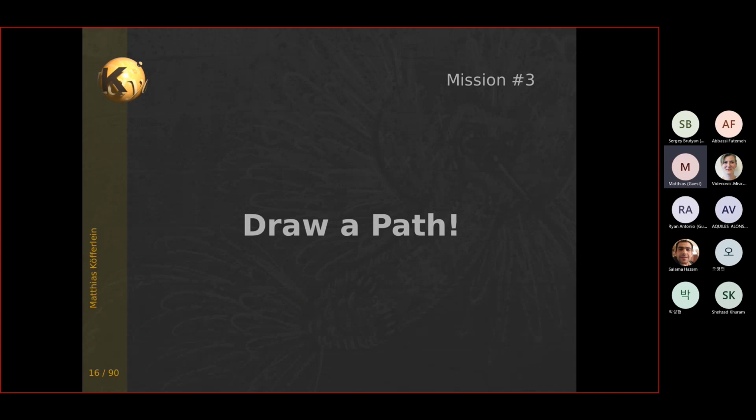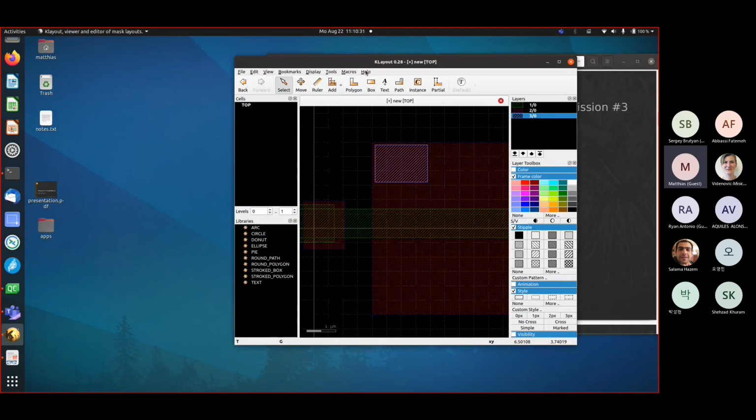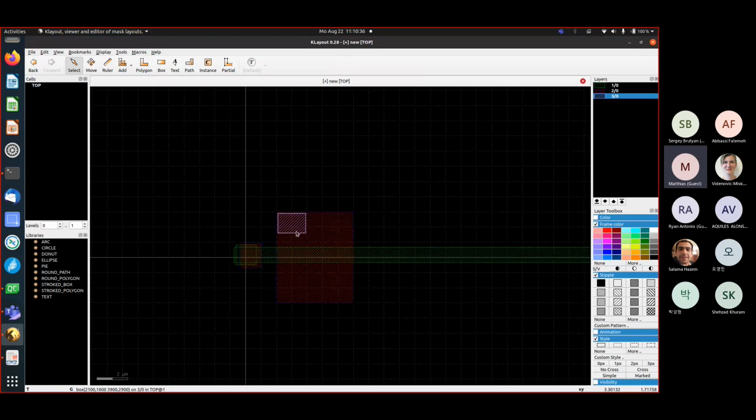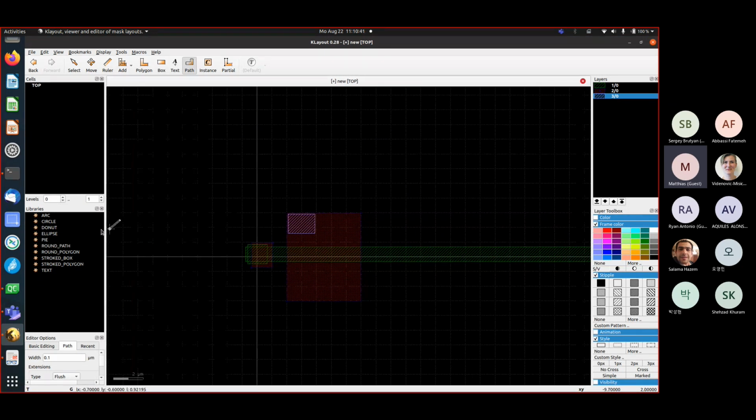Yeah, but you can do so if you confine yourself to rectangular layout, which is also called Manhattan style, then you can basically compose everything from boxes, but it's not very convenient. So there are other objects, and specifically the path is an interesting one. Let's go here. The path is here. So this is the tool for paths. When you use paths,